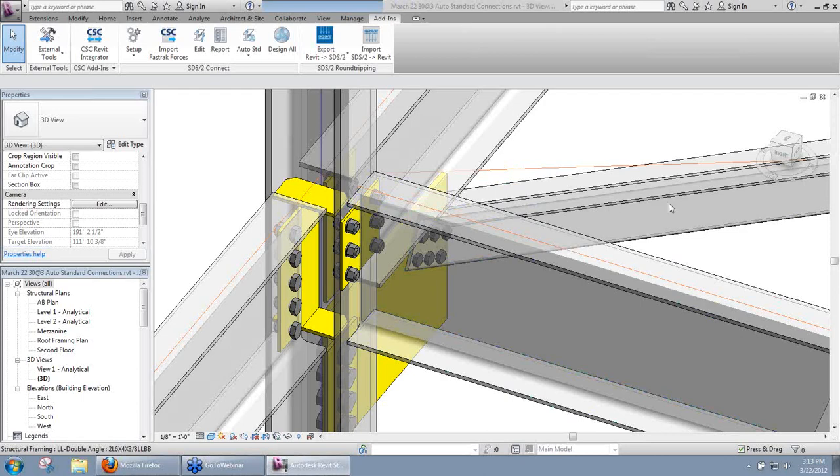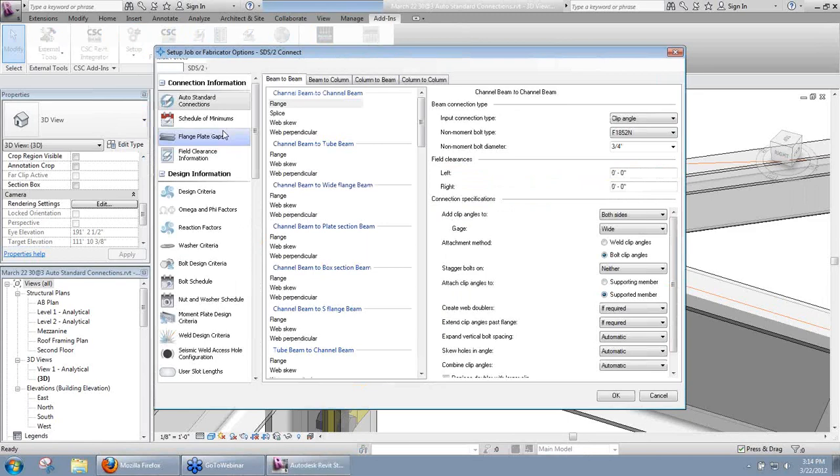Okay, another question, how about support for metric bolts and dimensions? Yeah, we do metric bolts. I just have this project set up to do imperial, so we're working in imperial. We could do metric if we needed to. You may have noticed in the setup earlier when I was in the bolt design criteria, and I'll just show you here,